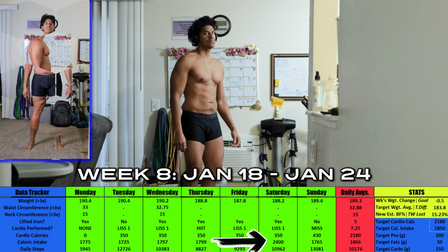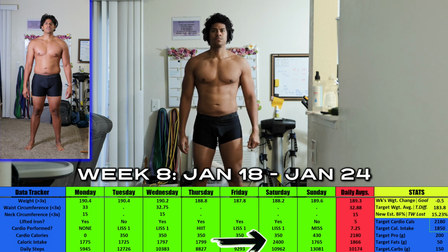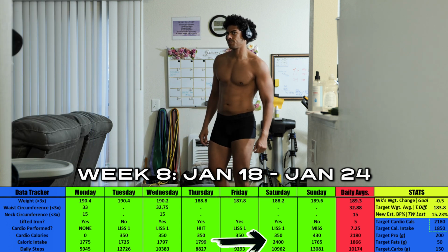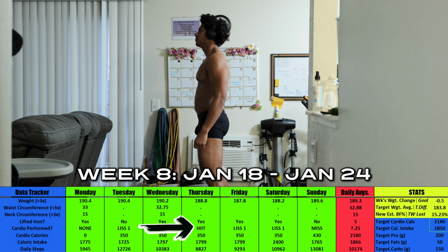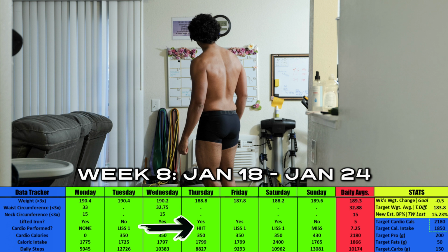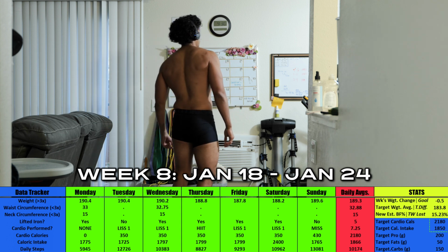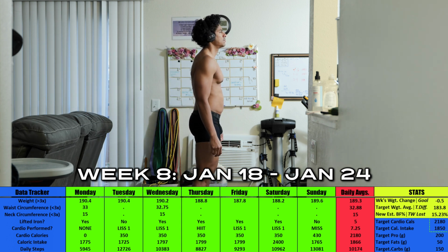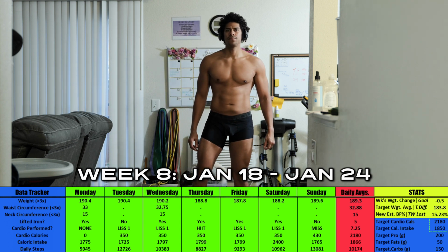And then on Saturday, I had a refeed of 2,400 because I am getting leaner, and I am noticing that now that I'm approaching the sub 15% mark, my energy levels are varying a little bit, and I wanted to make sure, because I am doing high intensity interval training, and I also changed up my workouts a little bit, so I'm adding more volume, more repetitions, and so on and so forth. So my energy is starting to be a little bit more depleted as I am dropping some weight. But by having this refeed, it gives me somewhat of a break and replenishes slightly the glycogen storage in my body. But as you can see, overall, the average caloric intake for this week was